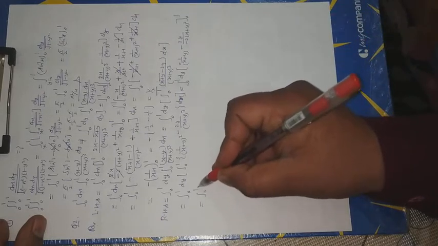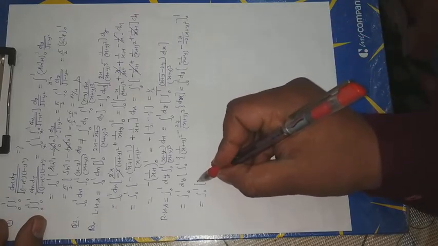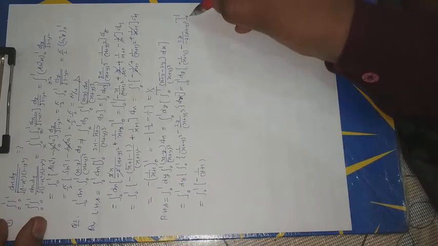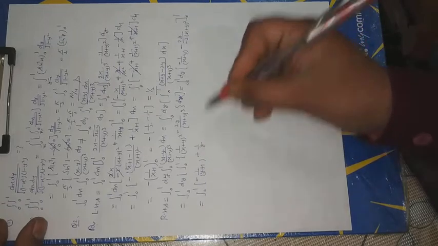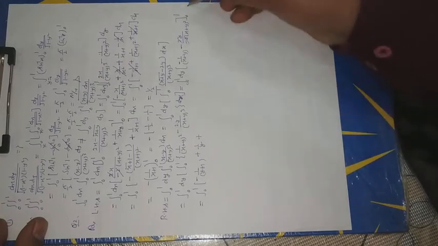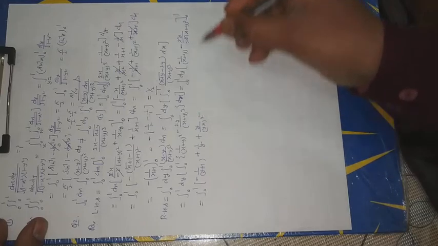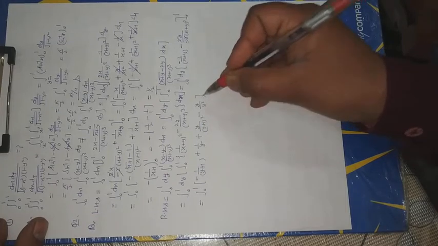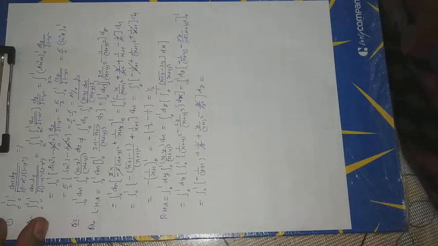This is equal to limit 0 to 1. Now put x is equal to 1, then we get minus 1 upon y plus 1. When x is equal to 0, then we get plus 1 upon y. Now 2 is cancelled by 2. X is equal to 1, that is y plus 1 whole square minus y upon y square. This is cancelled by this. Now dy is here. Okay.